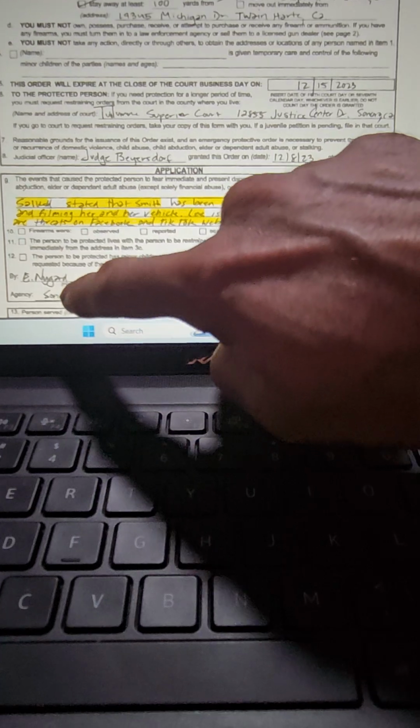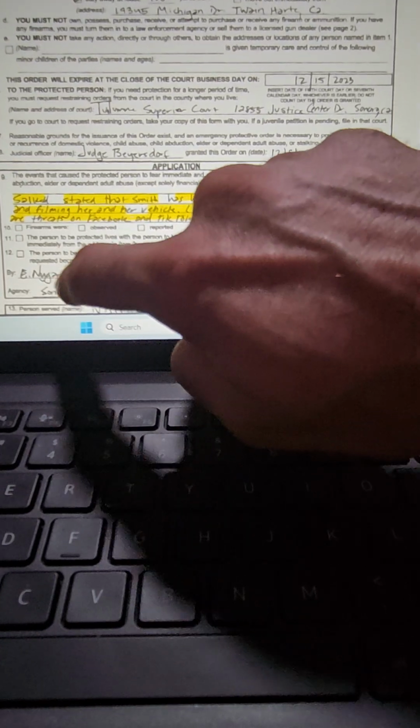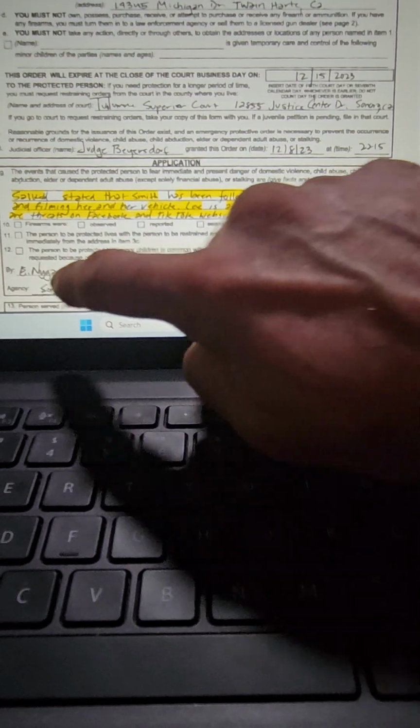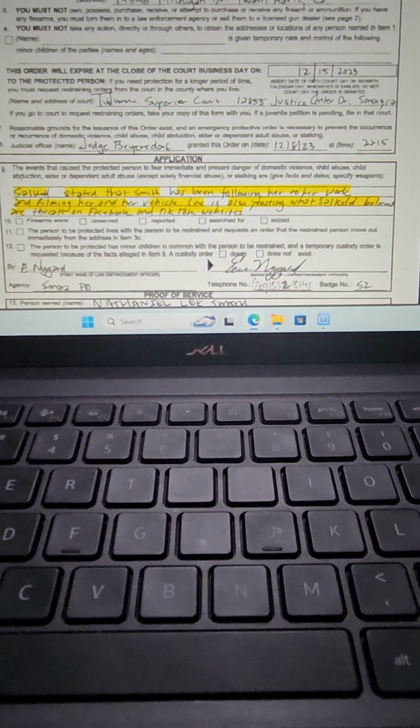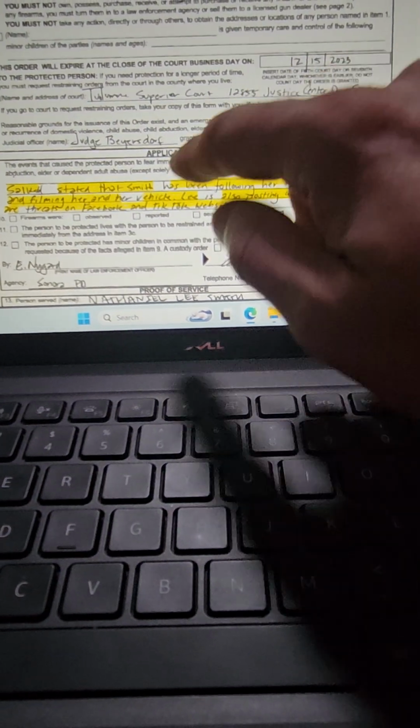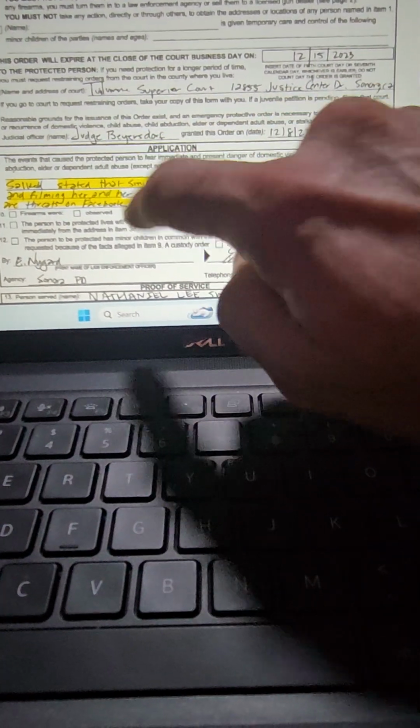So this sergeant right here, Nygaard, he's a moron. You're an idiot. This is constitutional. Why don't you follow your oath, stupid? And then Beiersdorf is the one right here. He signed off on this. Follow your oath, stupid. How about that? Why don't you follow your oath and quit being a dumbass?